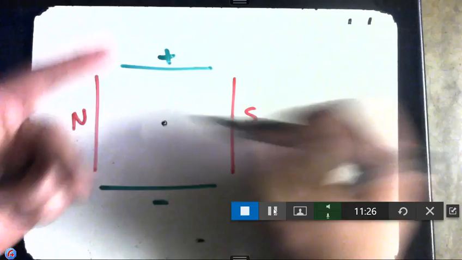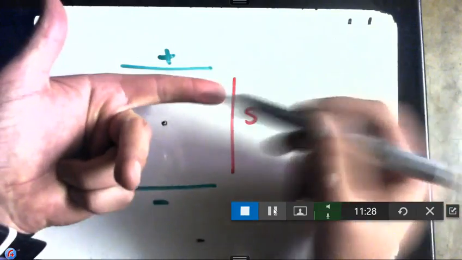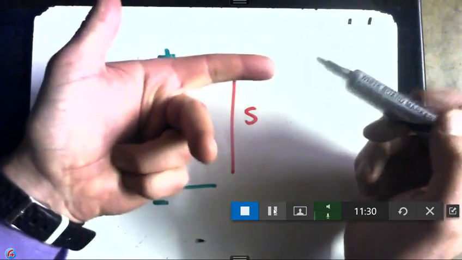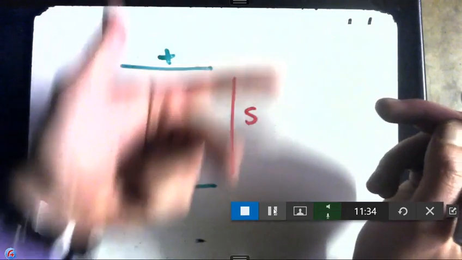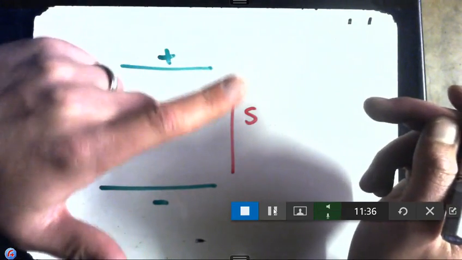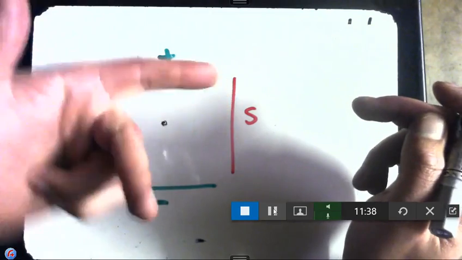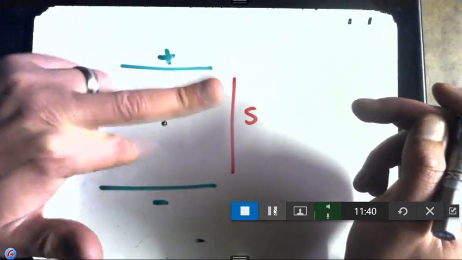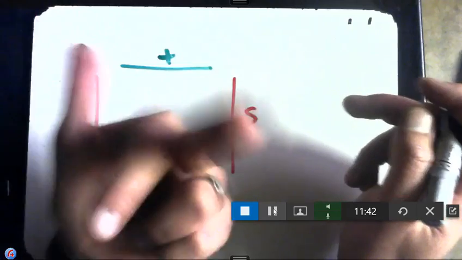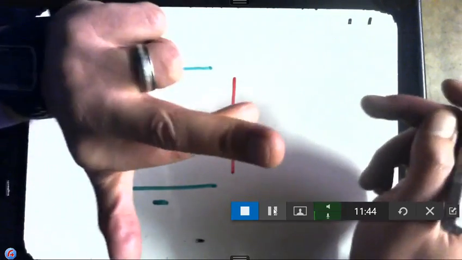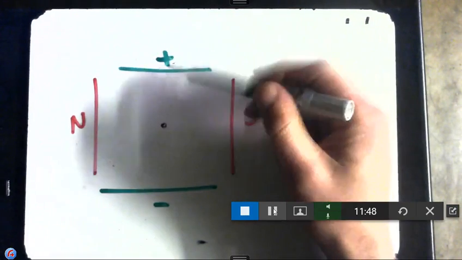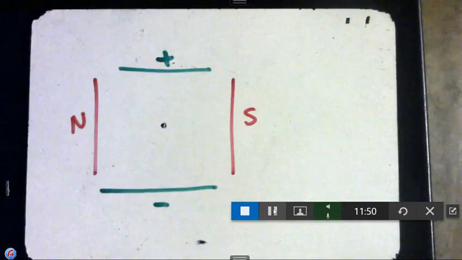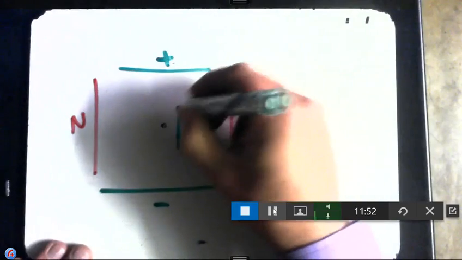So if we're looking at the current, that's the direction of the magnetic field. Okay, if it's a positive charge, the force is going to be up. If it's a negative charge, it's this way around, so that's south, out of the page, then it can be down. So this field, the electric field, has an up-down motion,